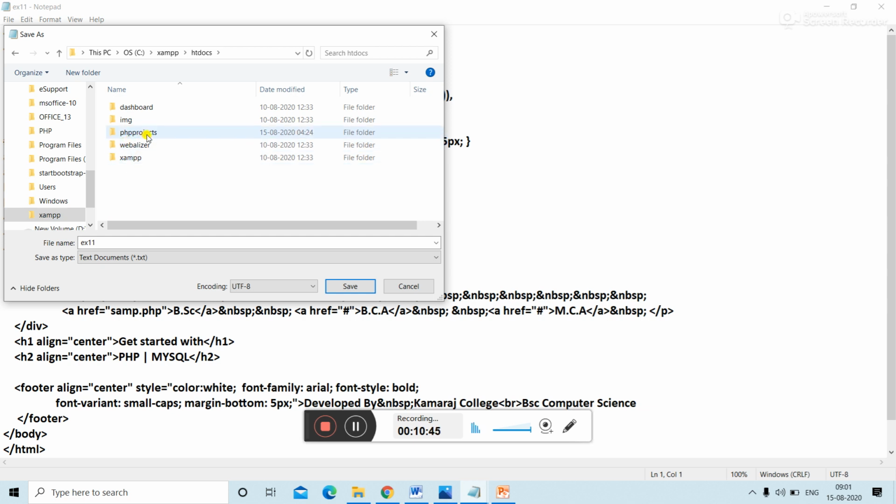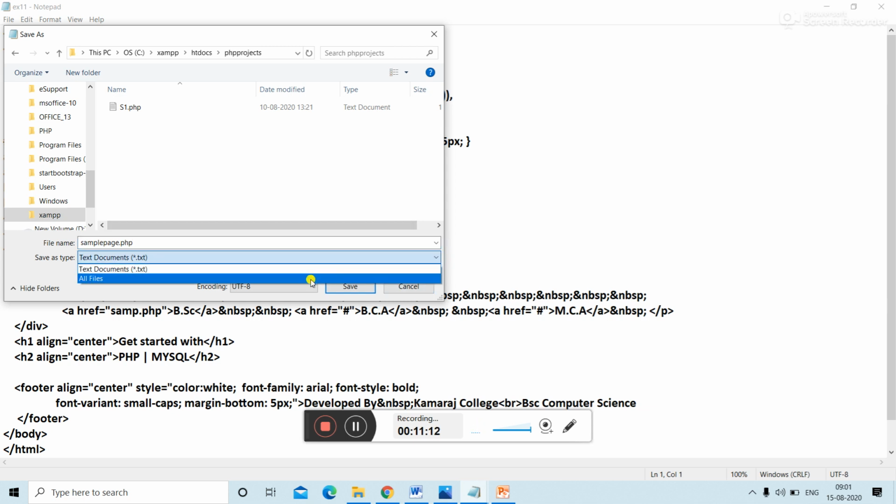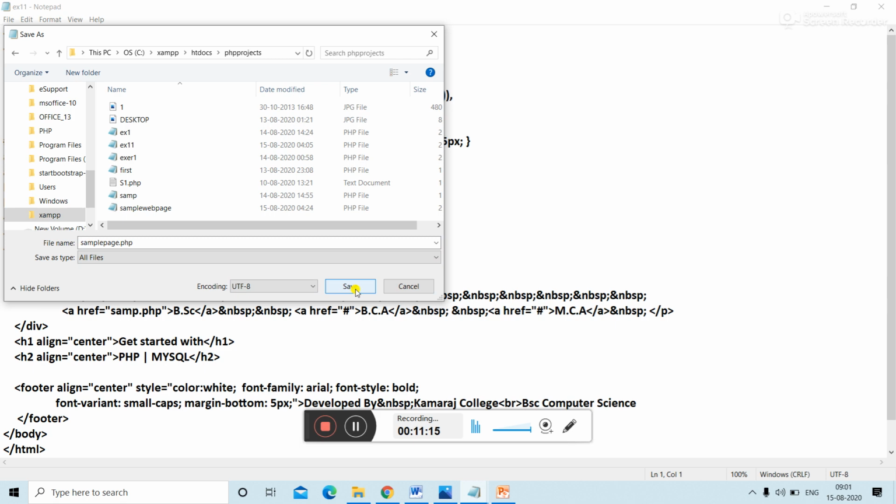Under this I have created one folder, that name is PHP project. Under this I am going to save this document, sample page .php. You should give .php and select the file type as all files, save. We should save it in htdocs only.